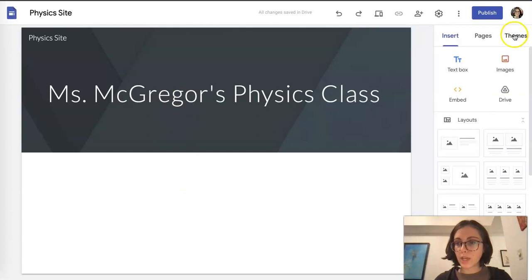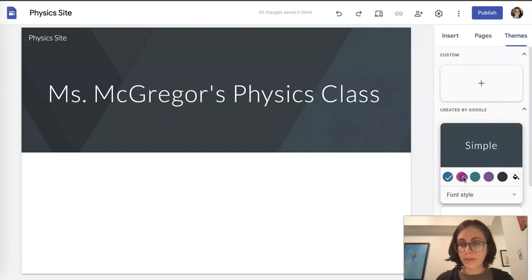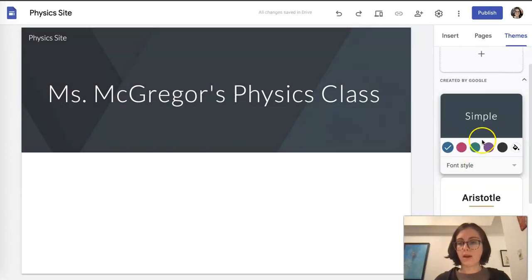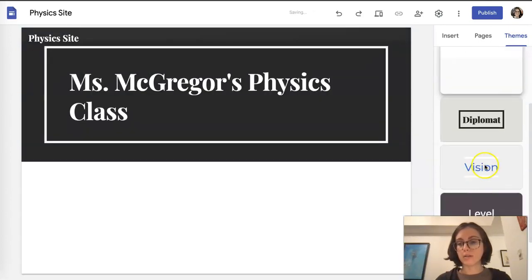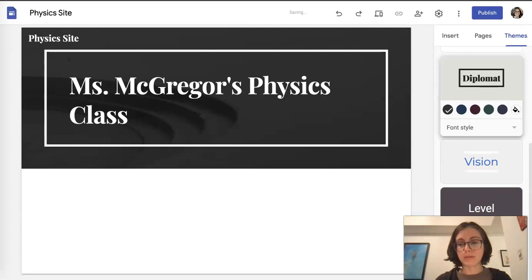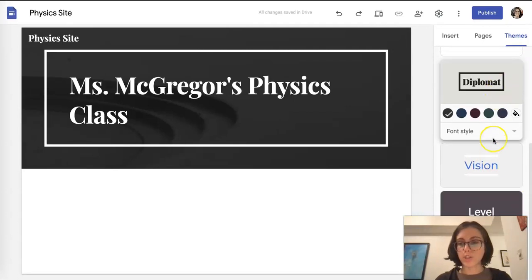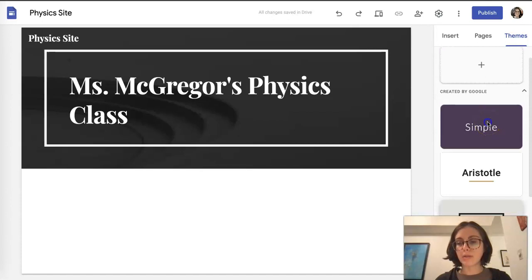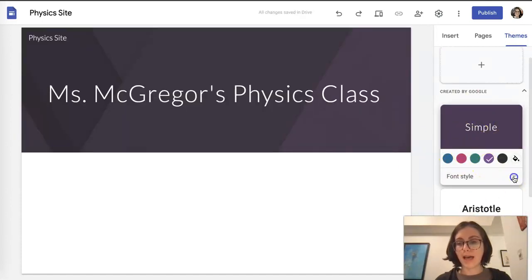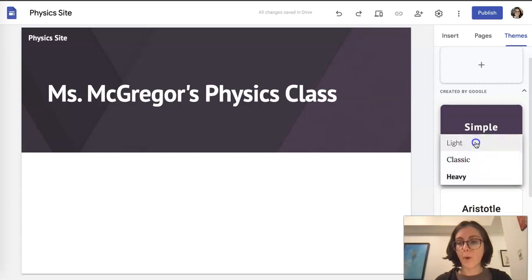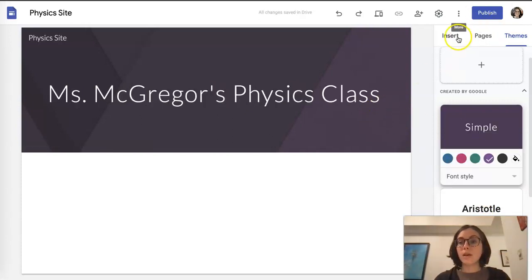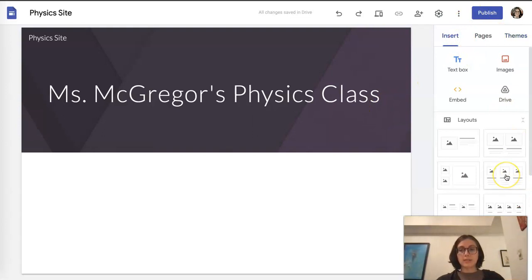So just so we're all aware, if we don't like the way this looks, we can keep our theme real simple but change the color. I want it to be purple, but I can also have many different themes. So the world is your oyster as you pick themes, but I'm just going to keep it simple and use their classic site template. And maybe I'll change the font. No, I won't. Okay. So now we have a few options.